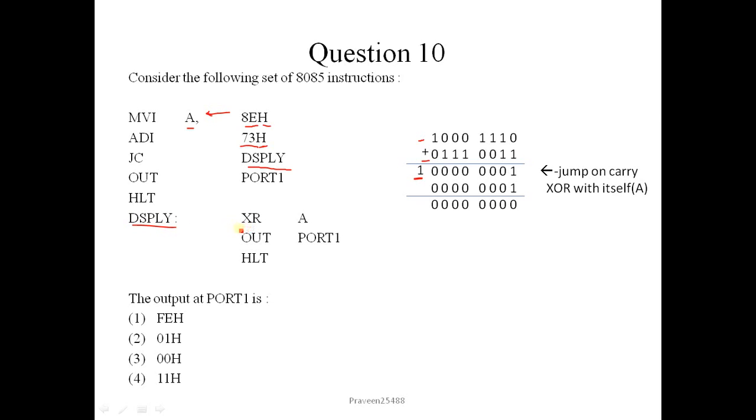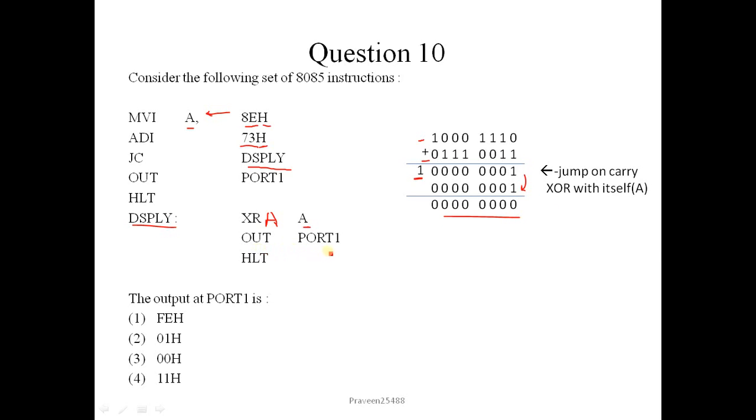The next instruction written is XRA A. It means the contents of the accumulator will be logically XORed with the contents of the given register. Here it is the accumulator itself, so the accumulator content will be XORed with the accumulator, and it will give the result 00.